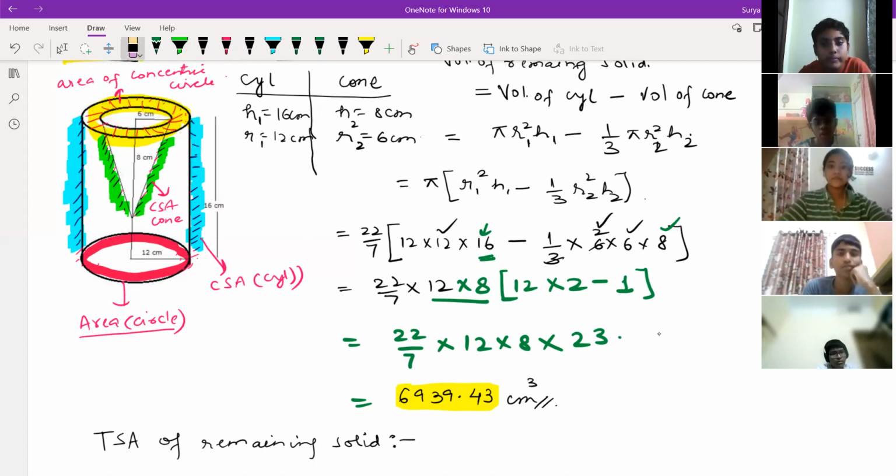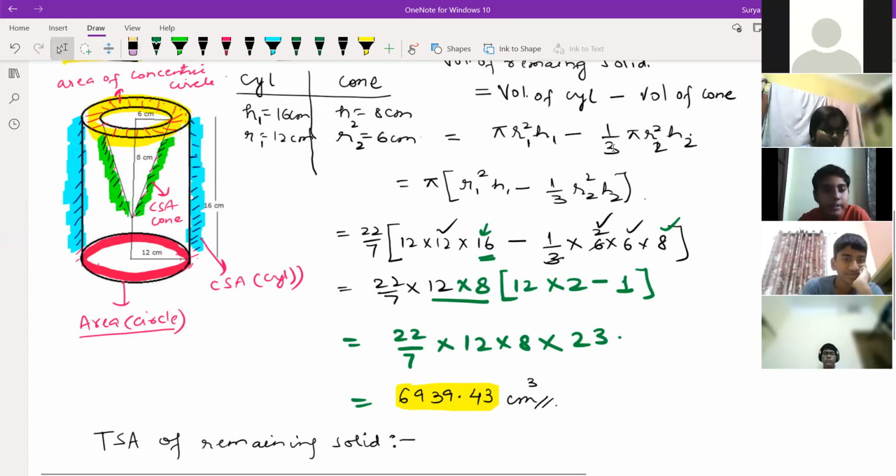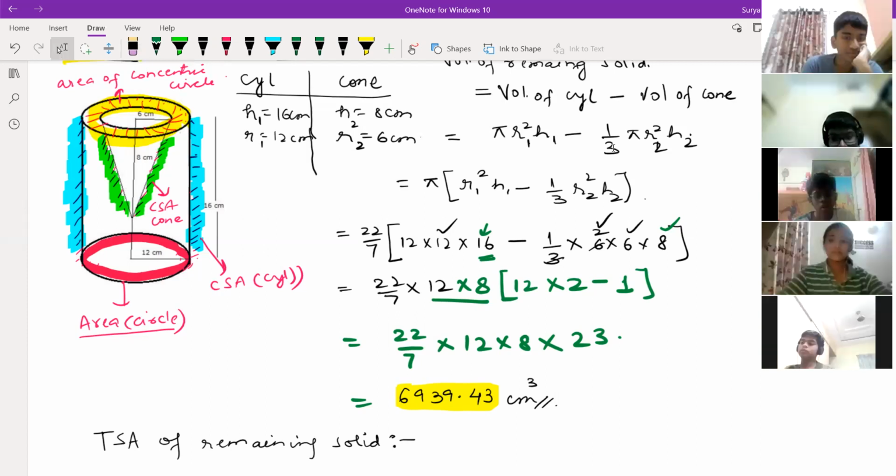Anyone still having doubt, Deepshikha? Sir, in that diagram, is the cone an indent in the cylinder? Are they taking the shape of a cone out of it? See, Sai Ritvik, this cone is there that you are throwing out of it. If you are throwing it out, you get one slant inside, a deep part, in the cylinder. Can you imagine that? Understood, sir. That deep part only I have mentioned with your green color.